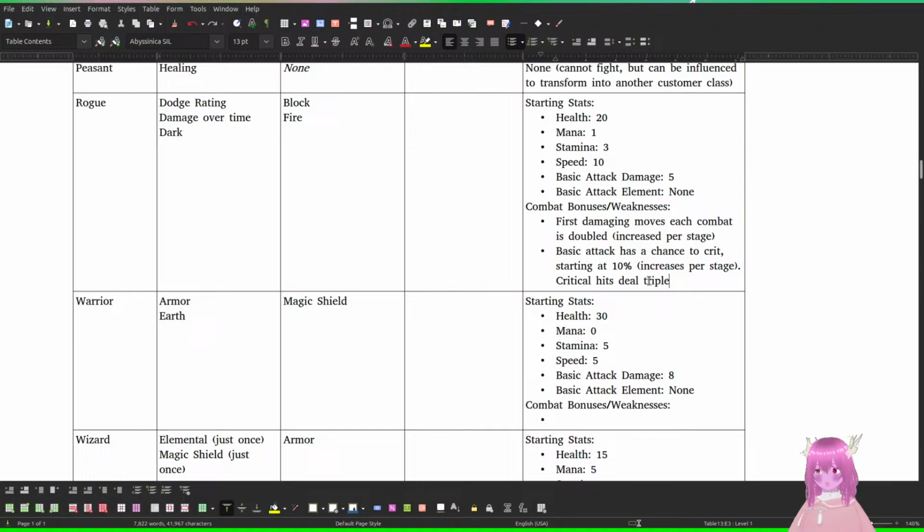I guess for the doubling effect, the damage over time would be doubled too. That sounds neat. That sounds really unfair, but it also sounds neat. I think I will just keep that. I'll have to find a way to implement that, which I don't think will be too hard, but that does sound like something I would want.